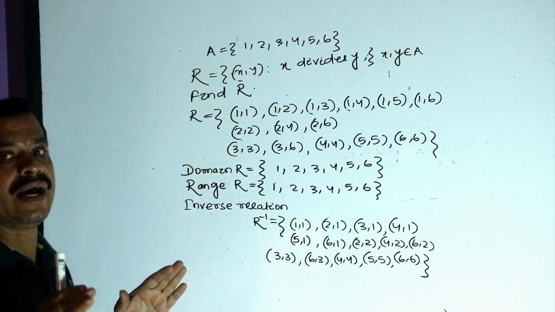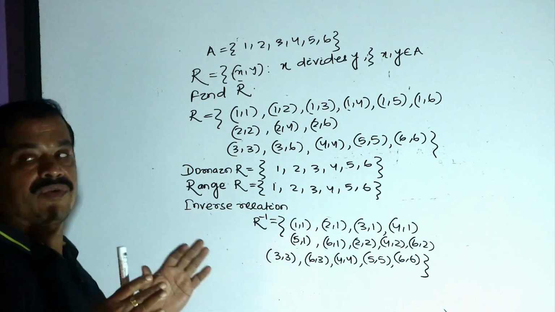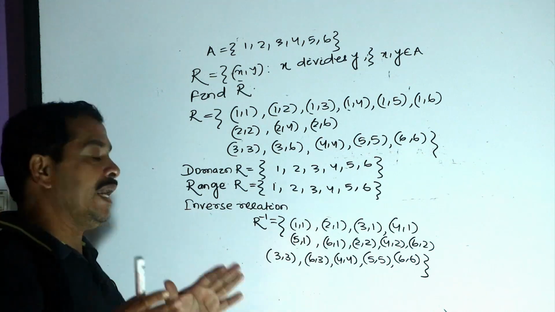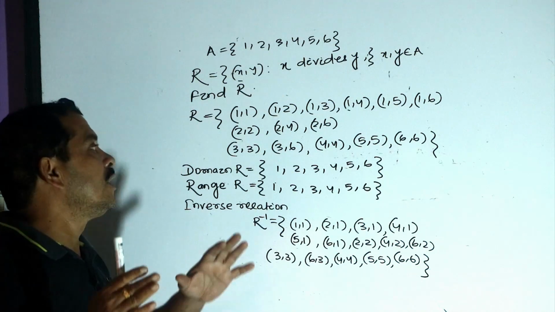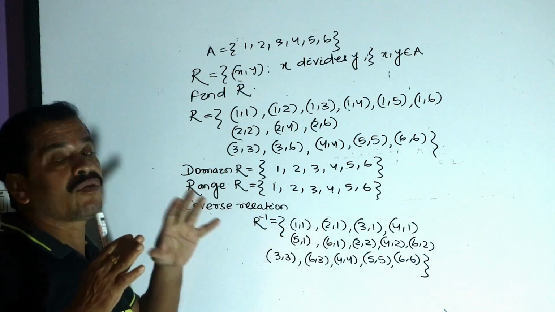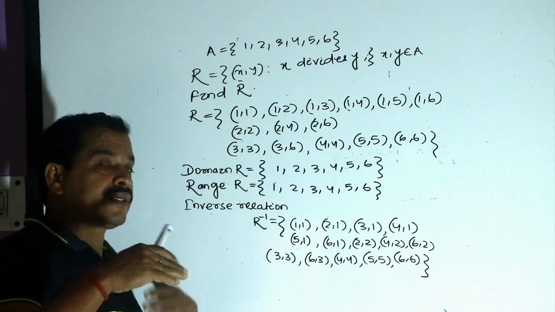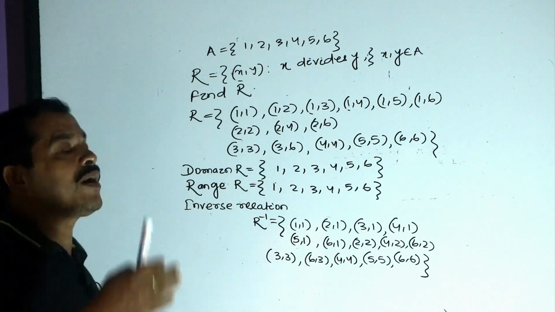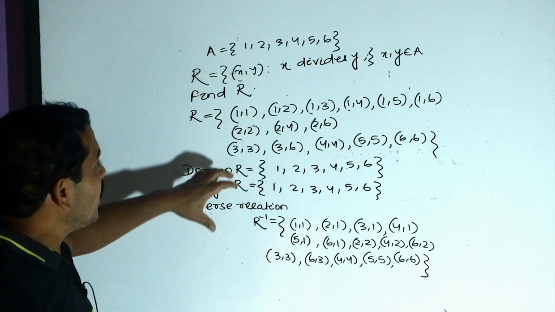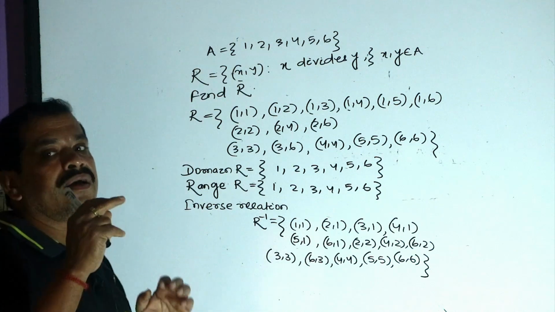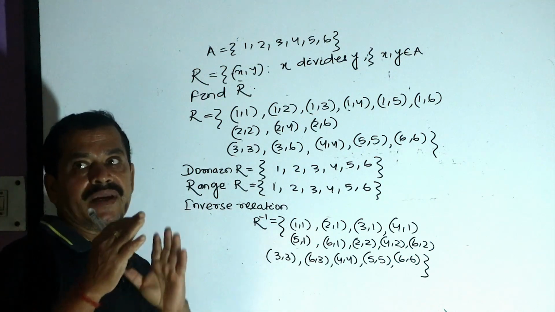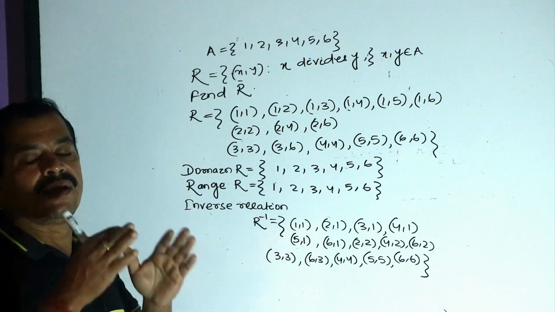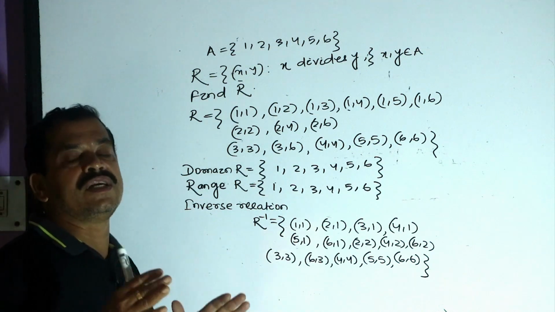First you have to find the elements, next you have to find the domain, range, and inverse relations. These are the first year course of your relations. In the second year we will discuss the next part of the relations. But in first year we have to find the order pairs for the particular relation, domain, range, and inverse relations.